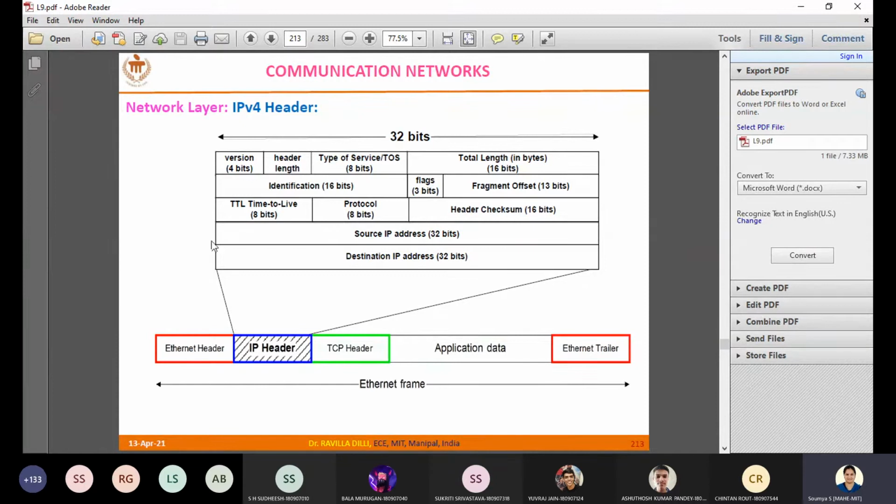Okay, so the IPv4 header consists of these many fields. These are known as fields. The first field,